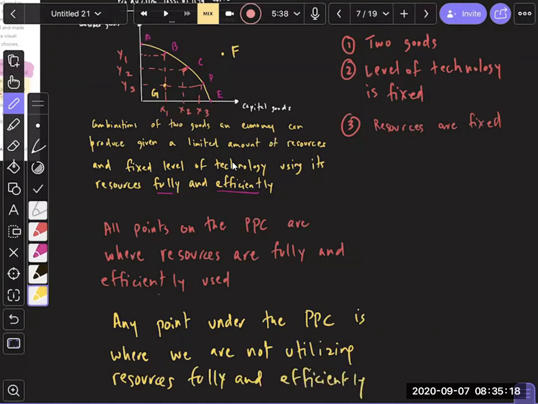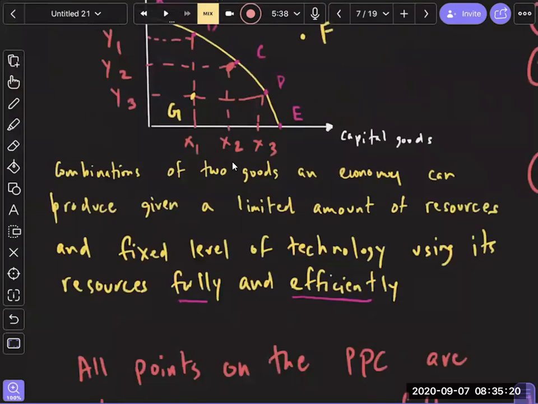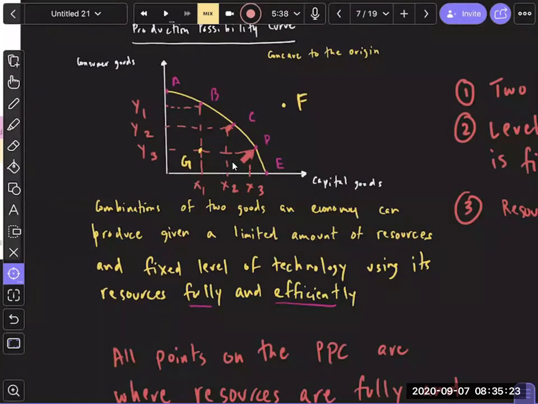Because, guys, if we were producing at full capacity, then I could have gotten X3 for Y3 or